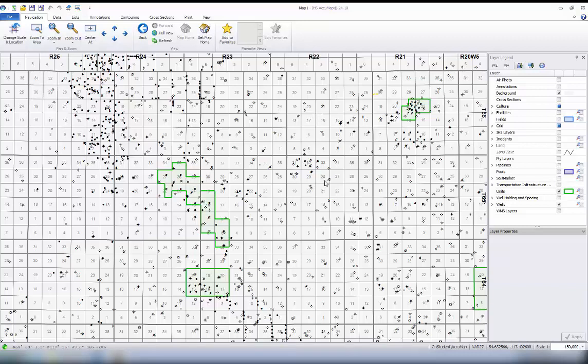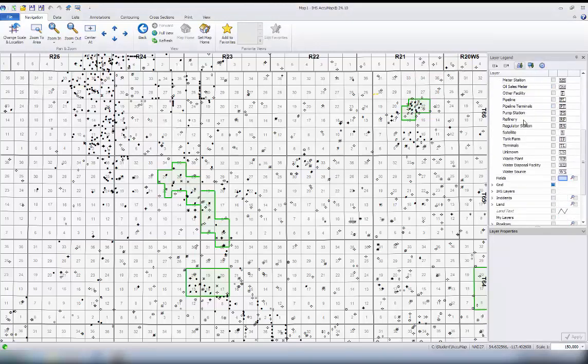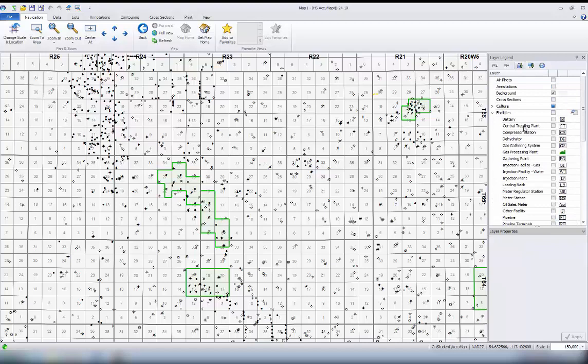The first engineering layer I'd like to talk about is the facilities layer. In the layer legend, we can see the drop-down menu for the facilities parent level. Here you can see there are many different sublayers for the facilities layer. Because of this, if you turn the facilities on at the parent level, it may clutter up your map significantly. So it is recommended that you only turn on the facilities that you are interested in, such as the gas